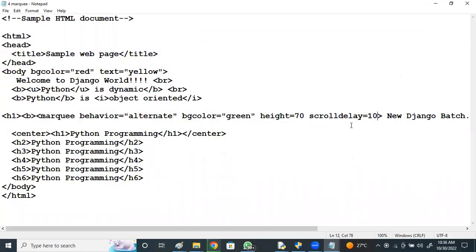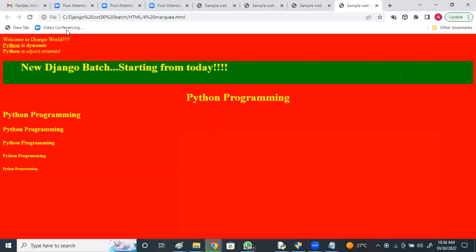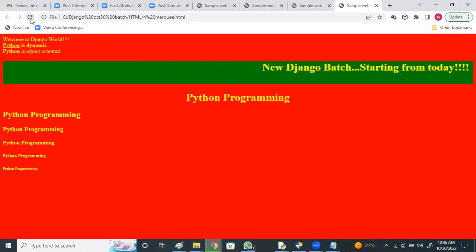If I use scroll delay equal to 500, check this. In this way, we can control the speed, right?